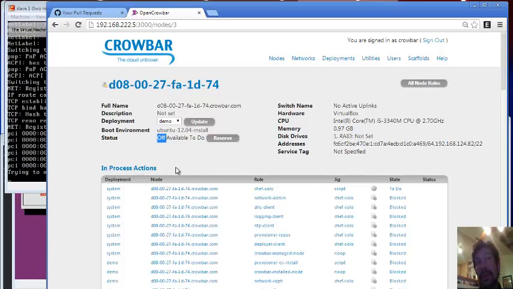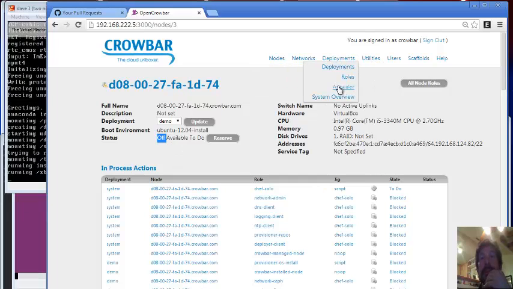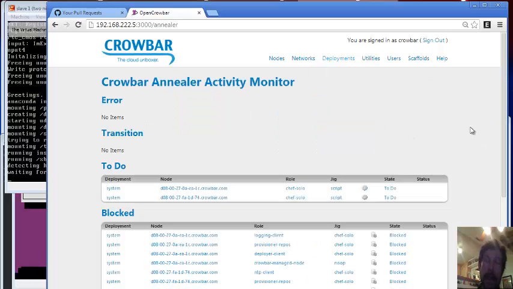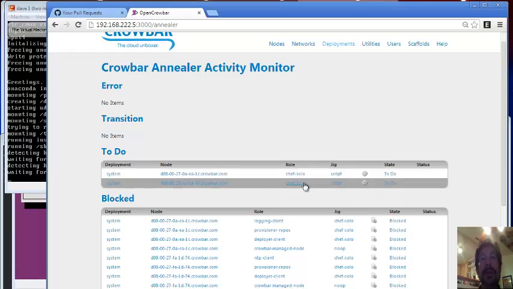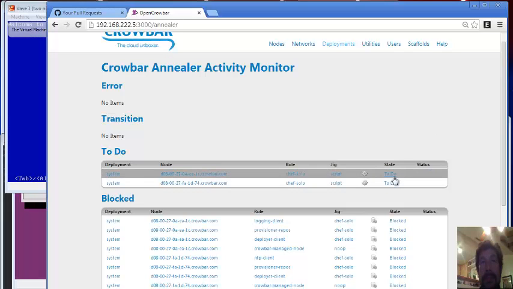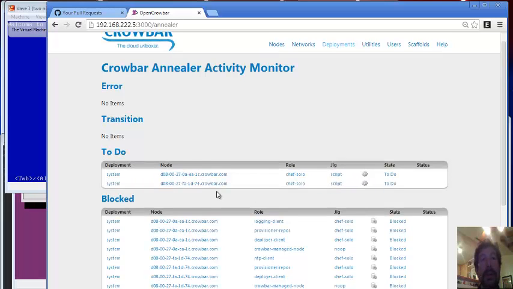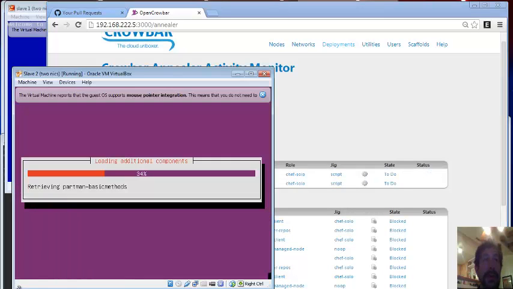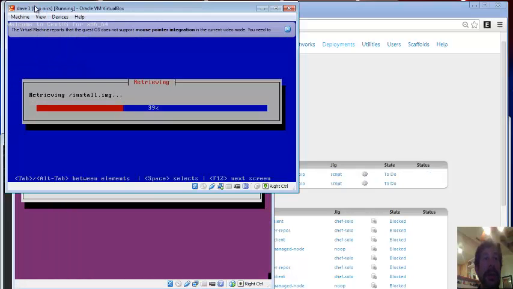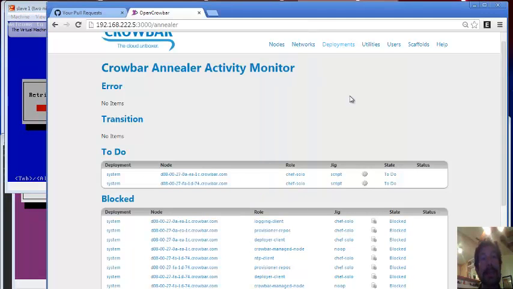The system configures those nodes off until they report back in. So even though they're busy doing an OS install, they're not available for Crowbar and they're considered off. And so if I look now at my Annealer, I can look at my background work and see, all right, I'm waiting until the nodes come back on. So these are in a to-do state, basically on hold, until they complete the OS install. And you can see in the background over here, I have 2 OS installs running very happily, pulling down a